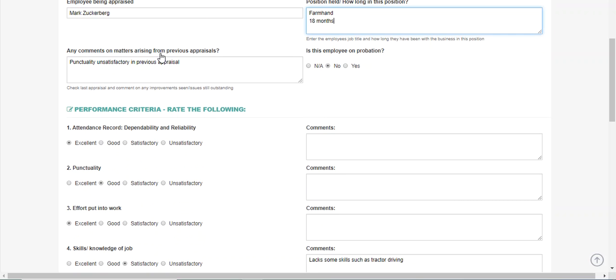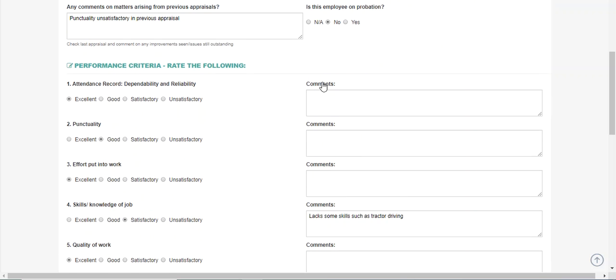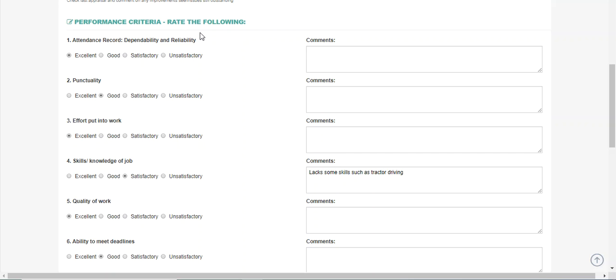Now, any comments or matters arising from previous appraisals? I looked at a previous appraisal and his punctuality was down as unsatisfactory. So we'll be looking at that in this appraisal. Is this employee on probation? No. Now, here are the performance criteria,